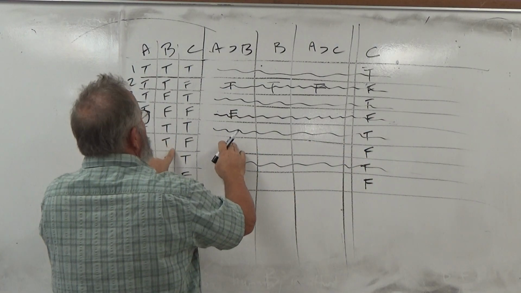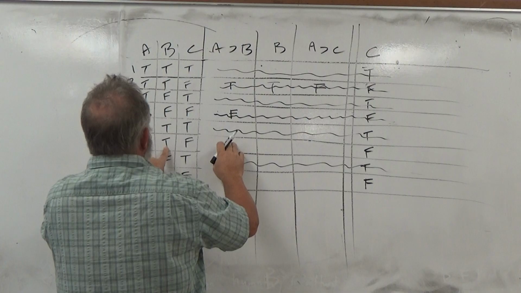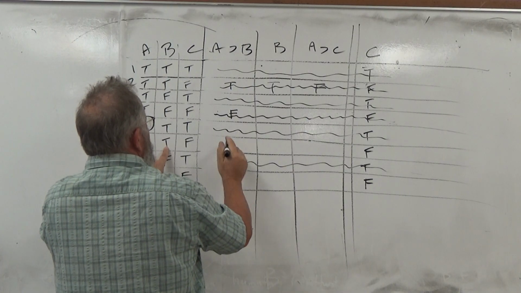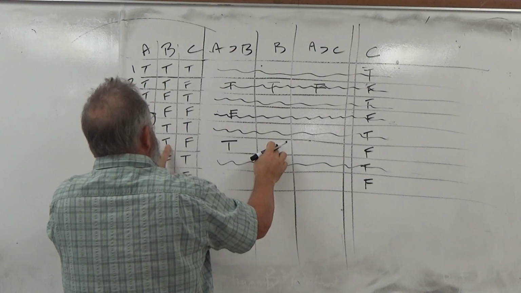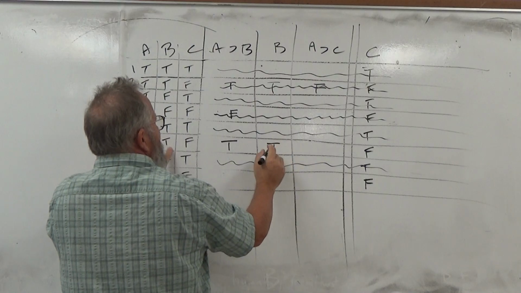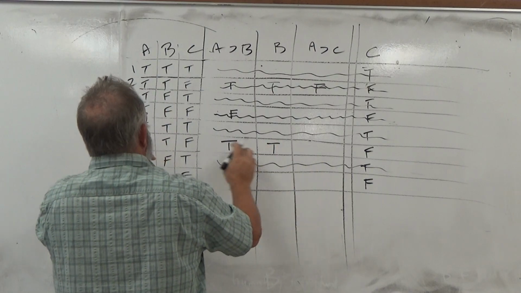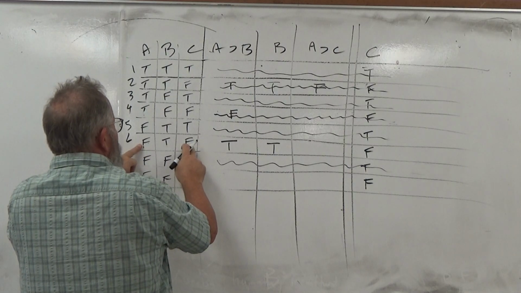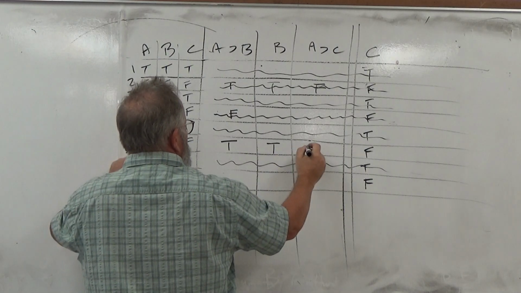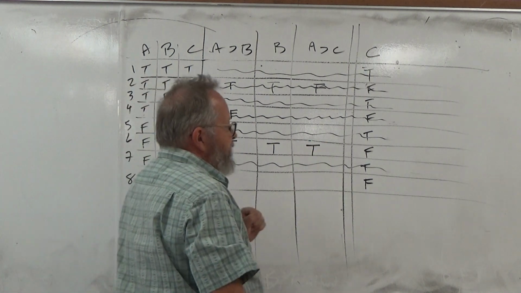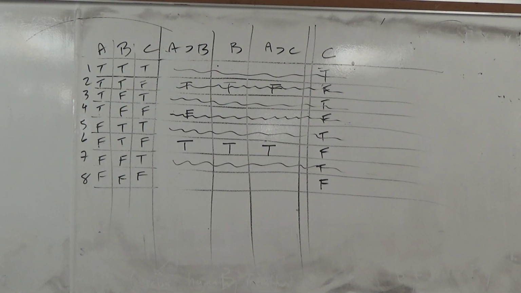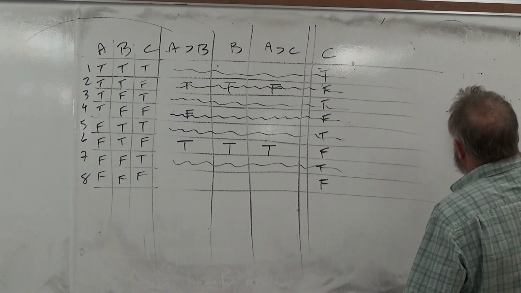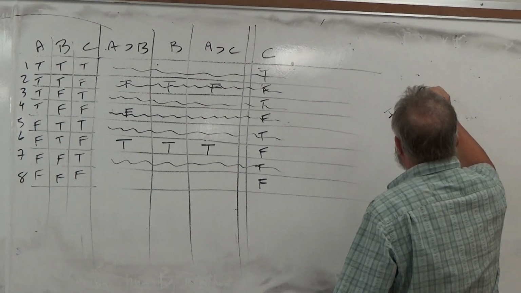So we're down here. A is false and B is true. False then true is true, okay? And now on this one, B is just true. And so A then C, false then false is what? True. Okay, so now look what I got. All the premises are true and the conclusion is false. So what does that mean? Invalid. And so what you do is you'd say invalid line